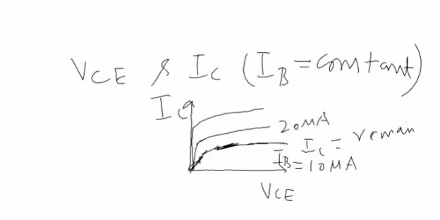So for example this is 20 microampere, this is 30 microampere. This is IB1, this is IB2, and this is IB3. The points in this region are...